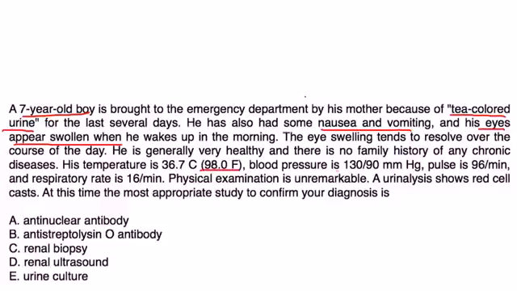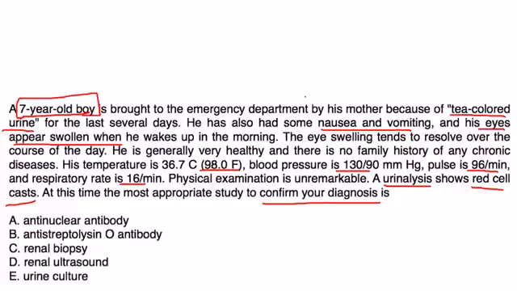Temperature is 98, blood pressure is 130, pulse is 96, respiratory rate 16. Physical exam is unremarkable. A urinalysis shows red blood cell casts. At this time, the most appropriate study to confirm your diagnosis is, well,